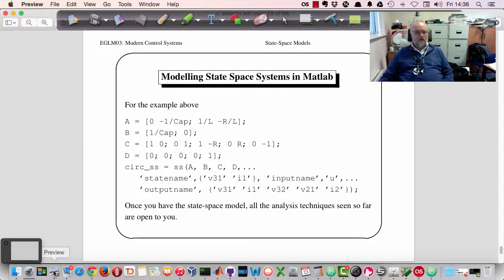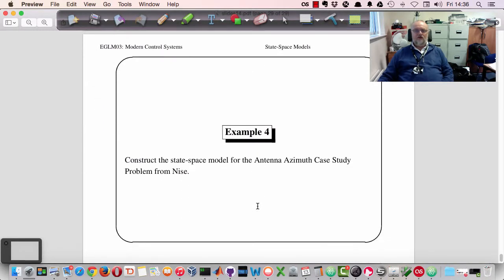Just to conclude then, this ends a pre-class session, but what I will do in the actual lecture, in addition to the examples that I've already put up on the slides, I would like to have a look at the state space model for the antenna azimuth case study from NICE, so we can show how we could apply what we've learnt to model the case study problem as a state space model. So that's what we'll do in the class. We'll do the examples on that case study, and hopefully that will be useful to you,